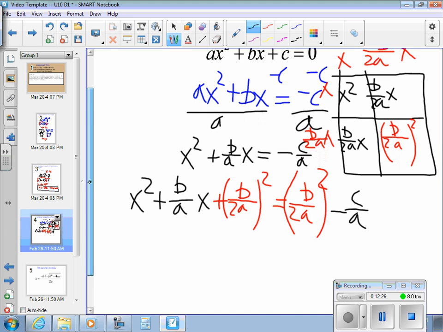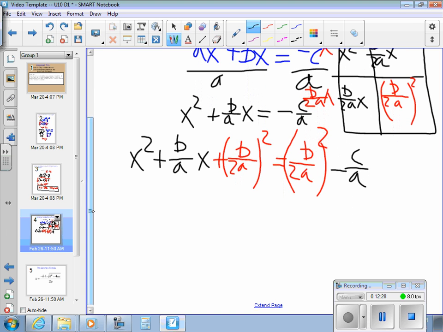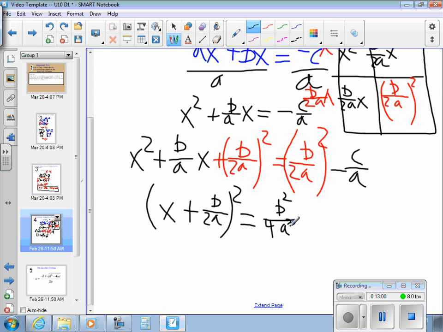So let me write it in its factored form, which is x plus b over 2a squared. Now over here, let's go ahead and square this b over 2a. I've got b squared over, let's see, if we square 2, we have 4, and a squared